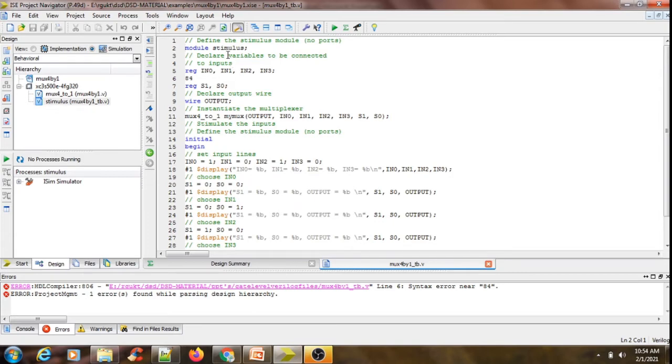So here the module name of my test bench is stimulus, and reg IN0, IN1, IN2, IN3. These are the signals that have to be driven inside the module.